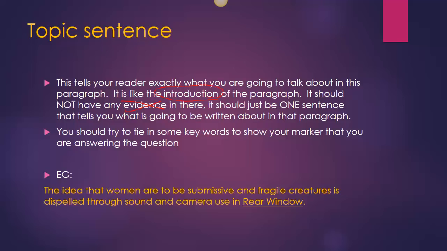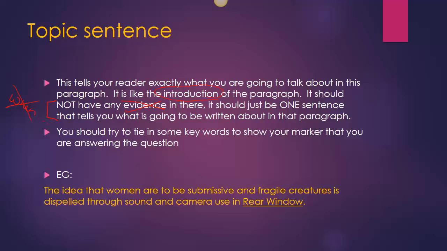in that paragraph. Now, if you're somebody who often slips into evidence, look out for the word when. When you say when, you often slip into evidence because you're like, Lisa is shown as a dominant character when blah, blah, blah. And that's where you get into your evidence. So if you're somebody who does slip into their evidence when you're doing your topic sentences, try avoiding